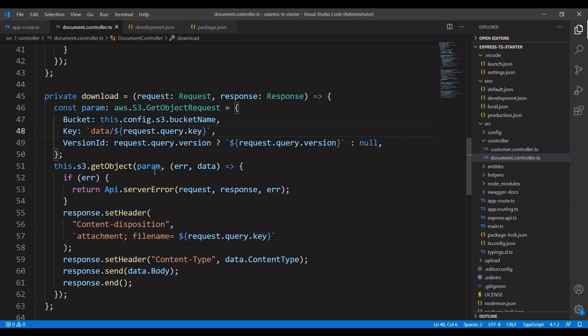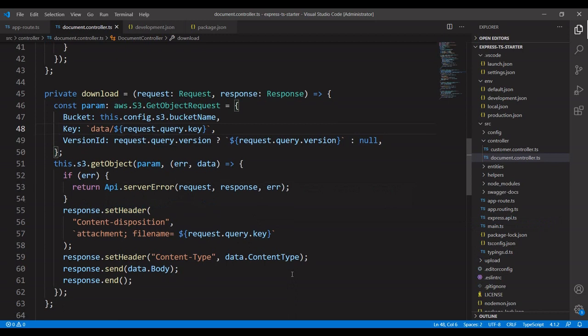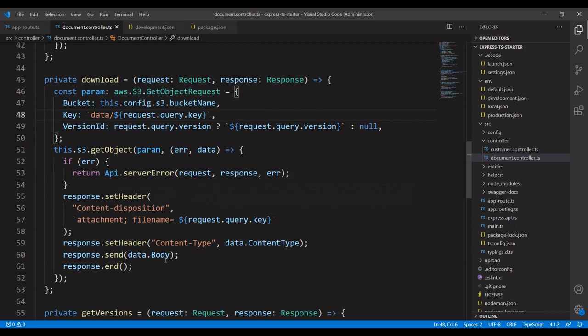Get object of the parameter. If it is an error, throw the error, or else response content type of attachment, and the file name is going to be the query.key, and the content type is data.content type. It will return the content type. And the next is the buffer data.body. It is going to be end statement. This is what is going to be the download.